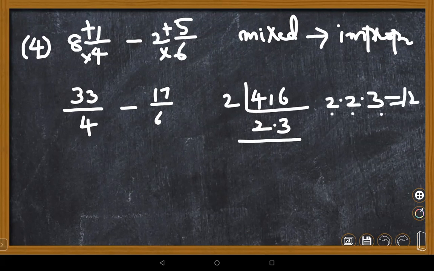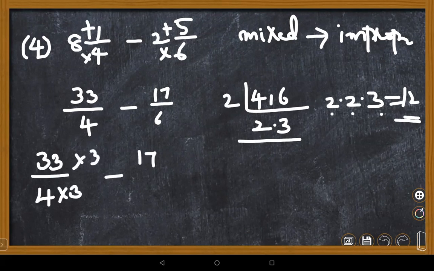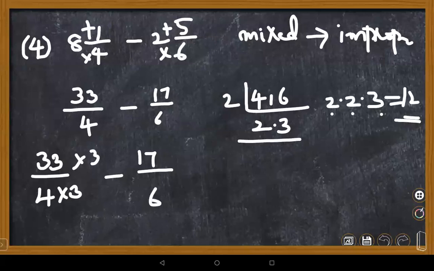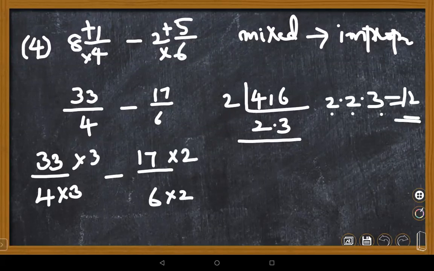So the first fraction's denominator is 4, but you need to convert it into 12. To make the denominator 12, 4 multiplied by 3, so multiply both sides by 3. The second fraction is 6. To get 12, 6 multiplied by 2. Now 33 times 3, ma'am, 99. Very good. It's 99 minus 17 2s are